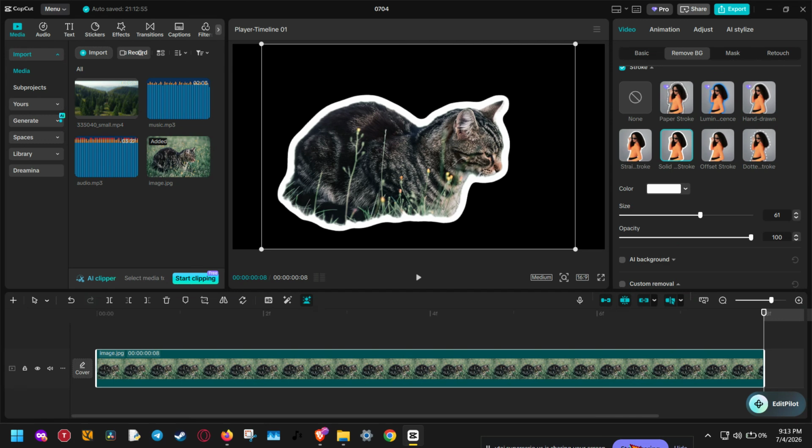This simple effect can make a huge difference in your edits, especially if you're creating content for YouTube thumbnails, posters,